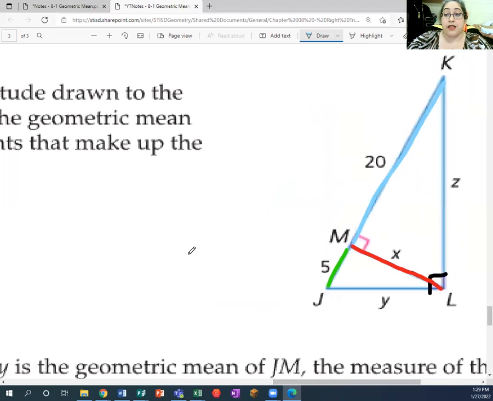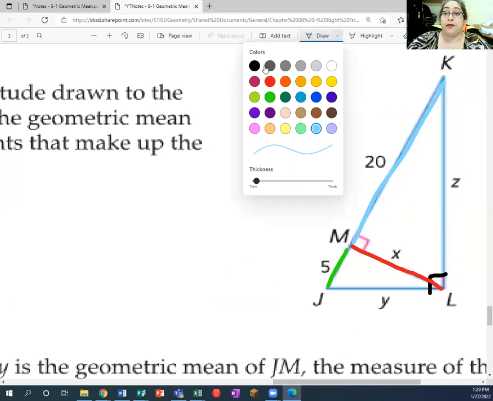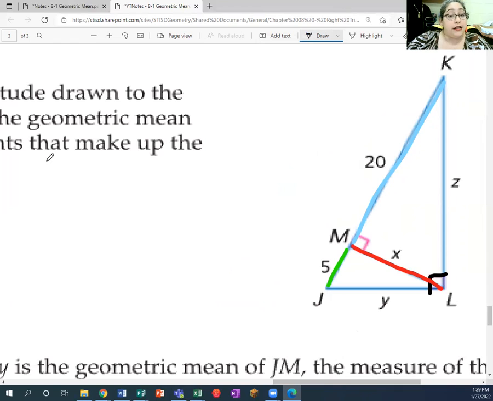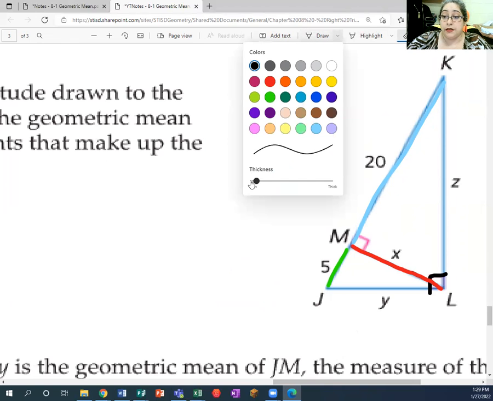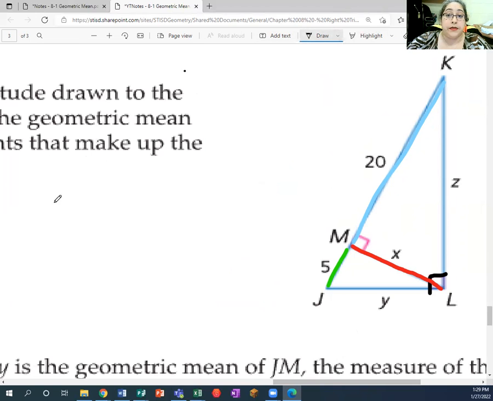I'm going to write that formula over here. It said that the height, which in this case is represented by the letter X. Apologies, let me try to make my pen a little thinner, make it easier for us to read. There we go. The height,